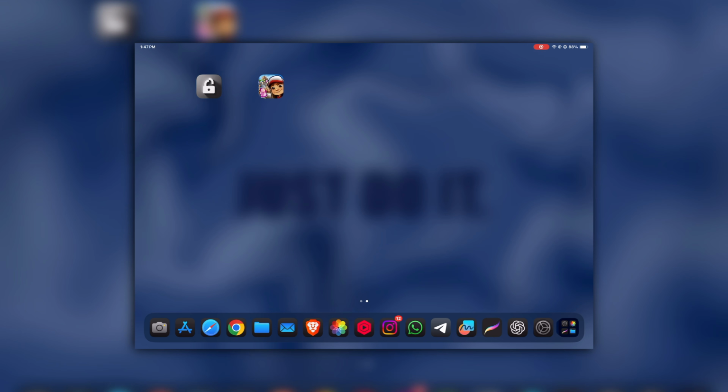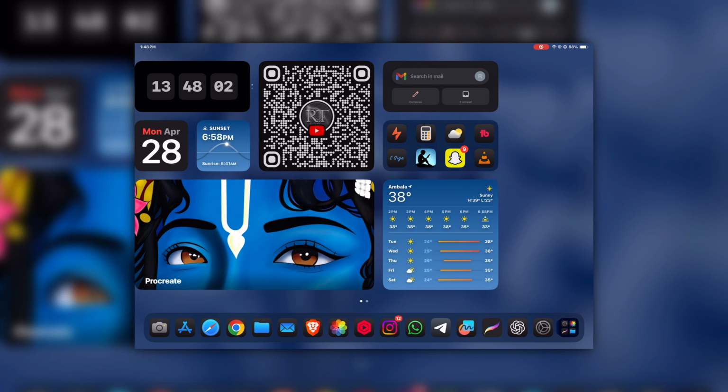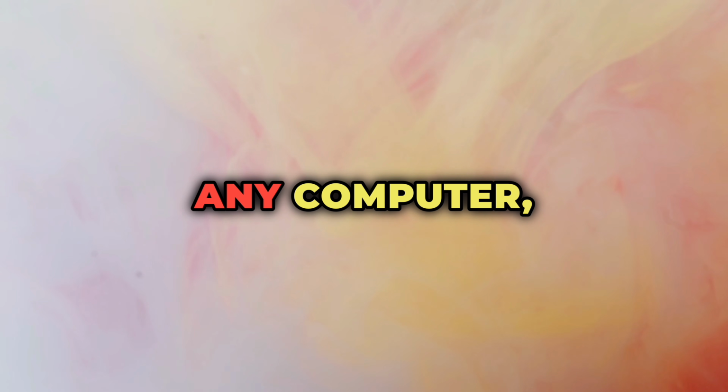And this is the only ultimate solution that can fix your revoke issues permanently, and you will never face any blacklist issue ever. And most importantly, it does not require any computer, jailbreak or wires. Just your phone and internet connection is all you need.